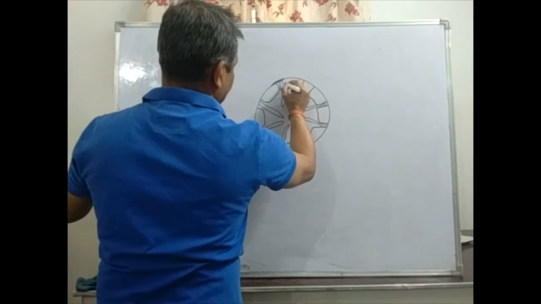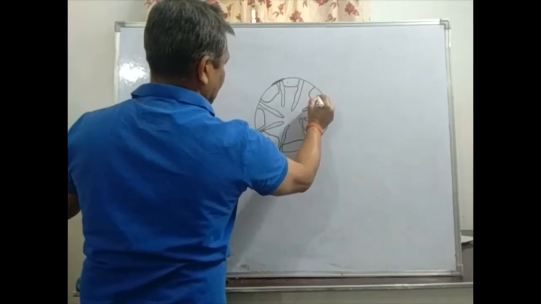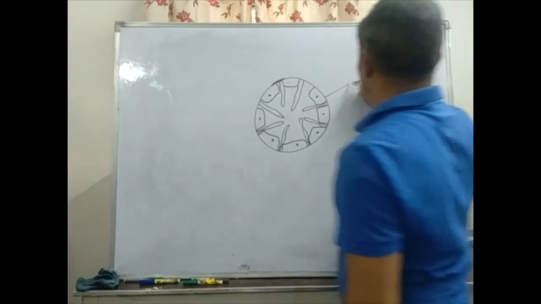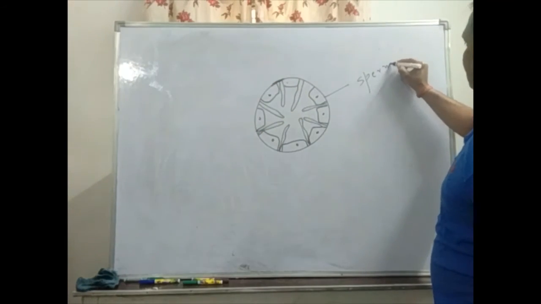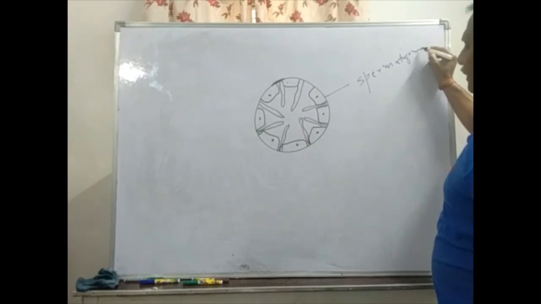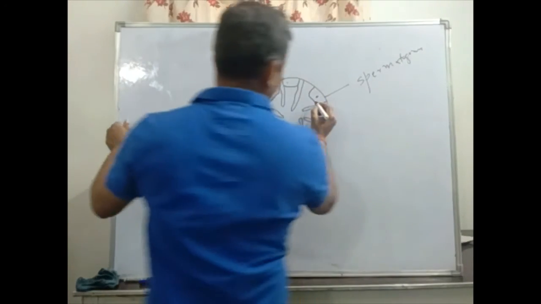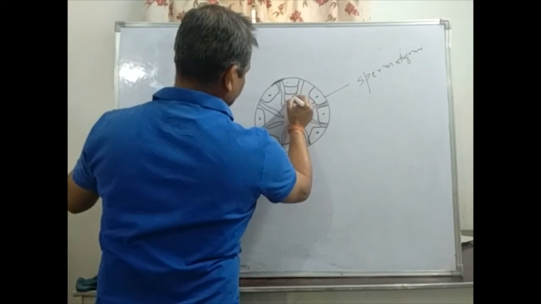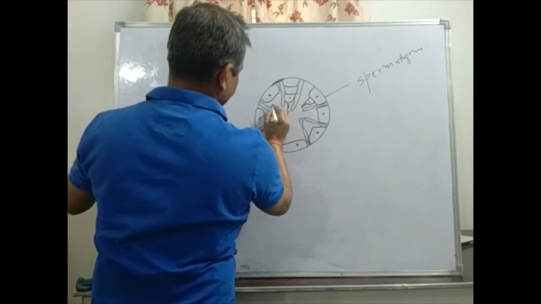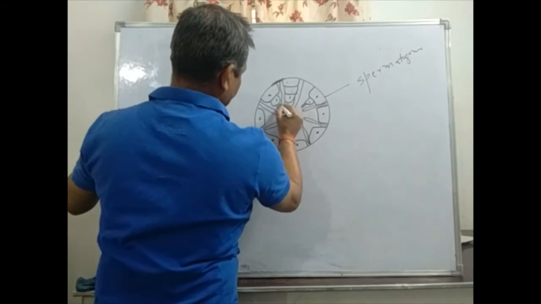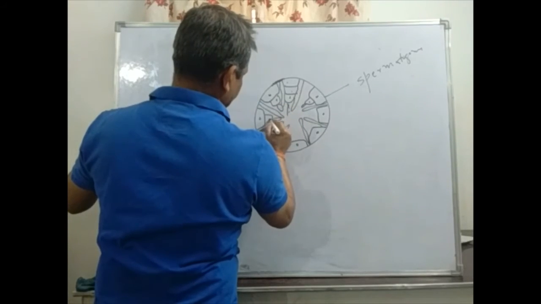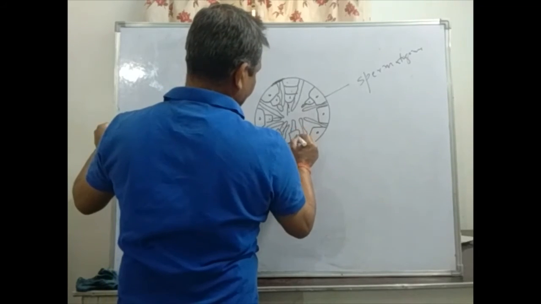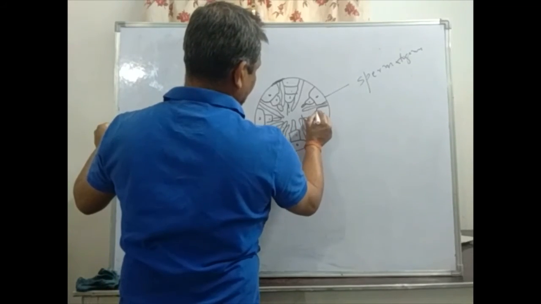These are the basal cells, and these are the spermatogonia. These are specialized structures. From these spermatogonia, development of the sperms takes place, and the mature cells or spermatids are